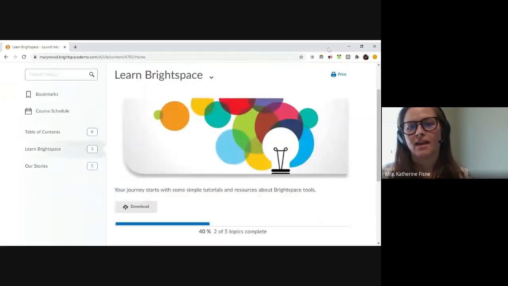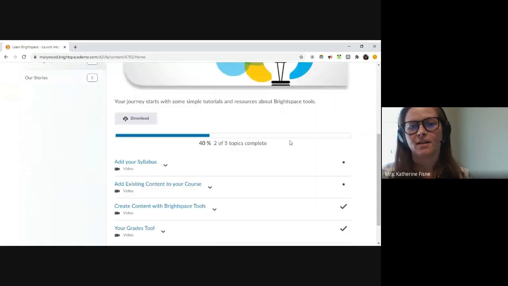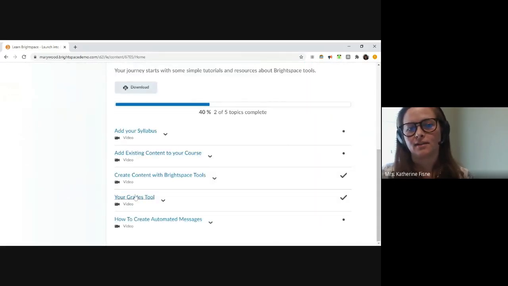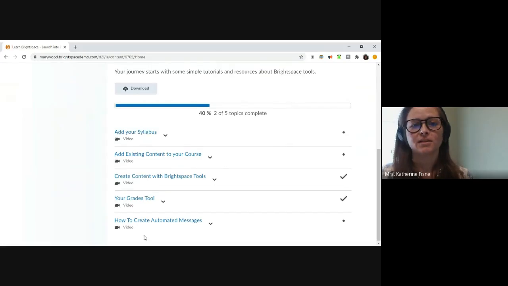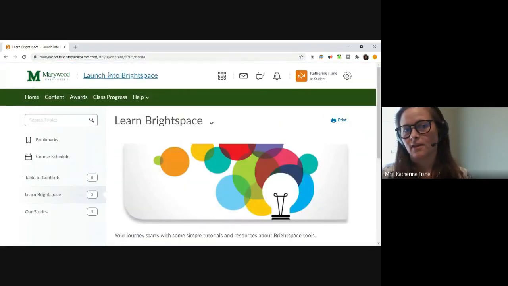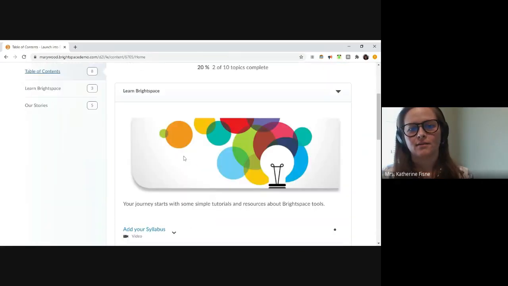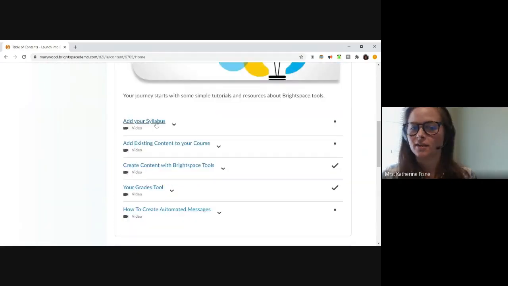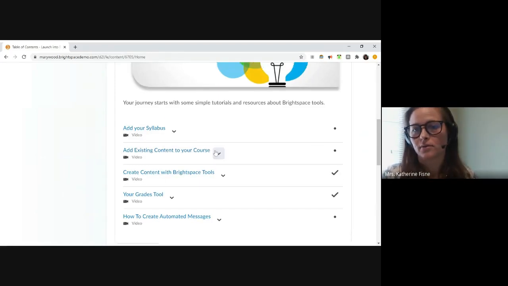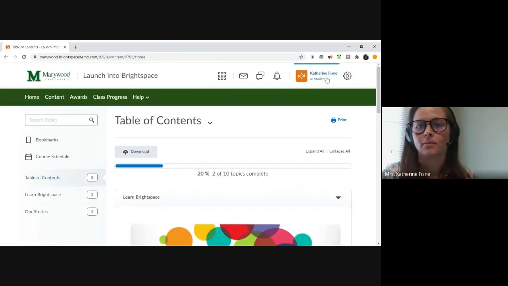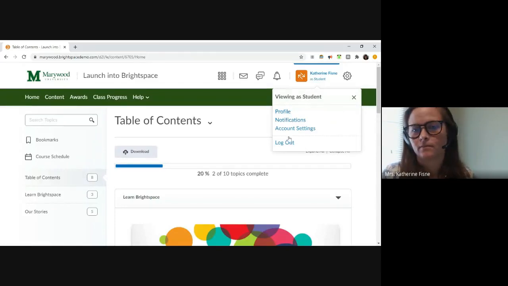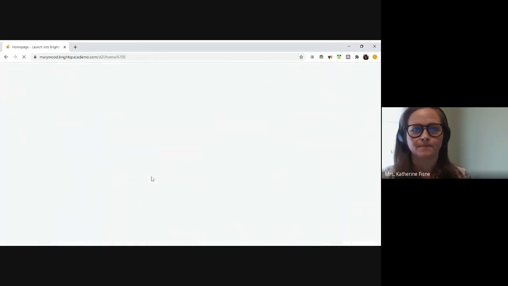You'd be able to have your introductory information at the top, and then you can do different things down below. So this might be a good course to put everybody in, because when you look at the table of contents, it tells you how to add your syllabus, add existing content, create content, and the grade tools. But if I go back to my regular view here,